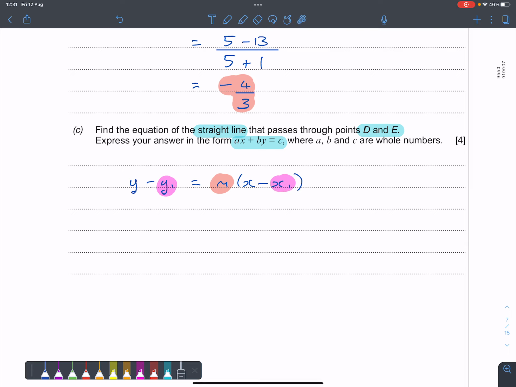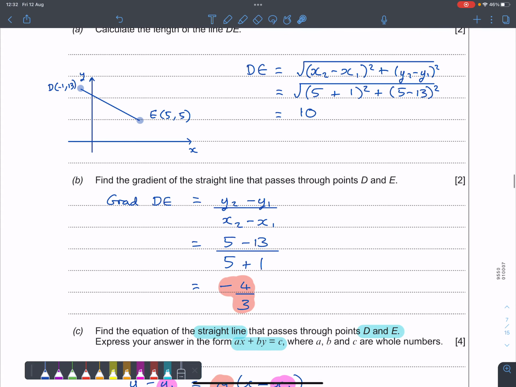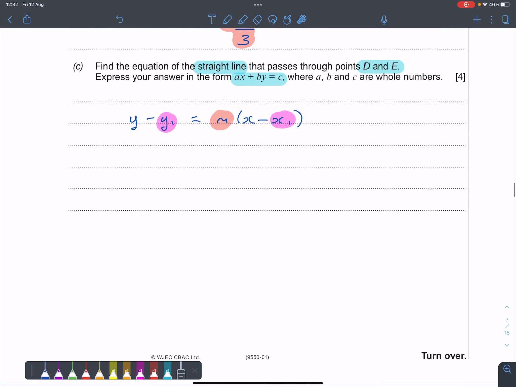Well, we have two possible choices. You can either use D or you can use E. It doesn't matter which one you use. So I'm going to use E because they're both positive numbers, 5 and 5. So I'll end up with y minus 5 equals negative 4/3